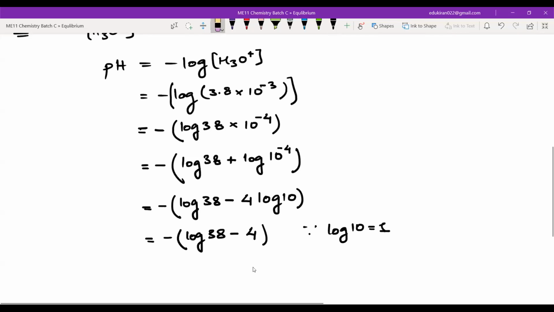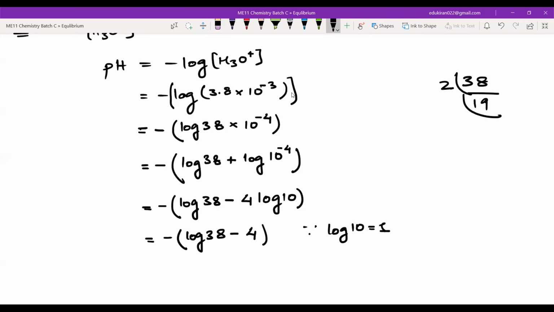Now our concern is this 38, how to solve this 38. So what you need to do is, you need to find the multiples, right? You need to find the multiples. I hope you remember this method. 38, so it will go by 2. And what we will get here? 19, right? 19, yes, sir. 19. Now tell me, 19 is a prime number, right?